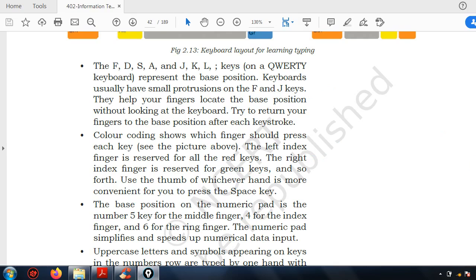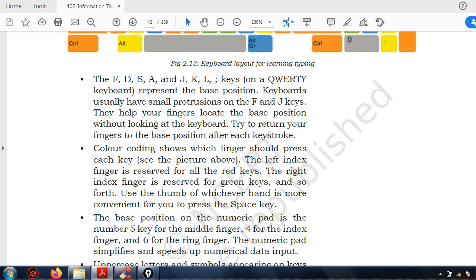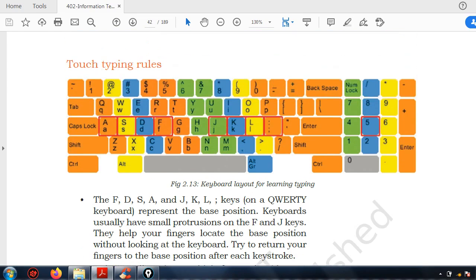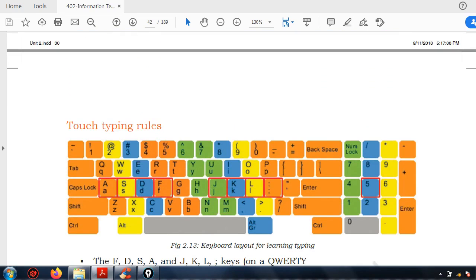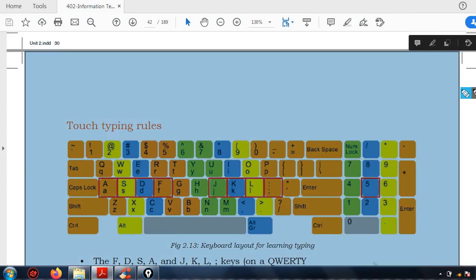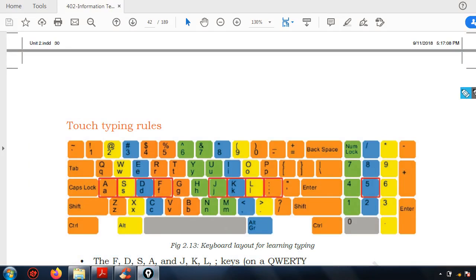I am showing you, right? 5 middle, 4 index, 6 ring. See, this 5 is the home position for the middle finger, right?